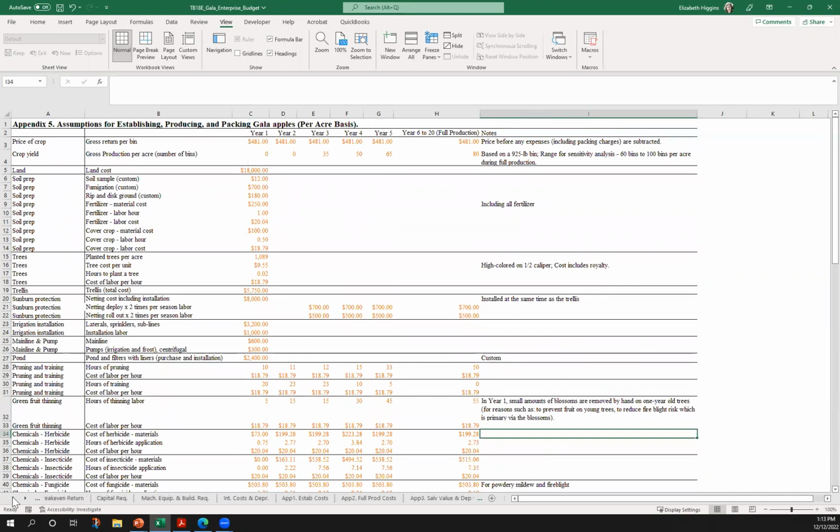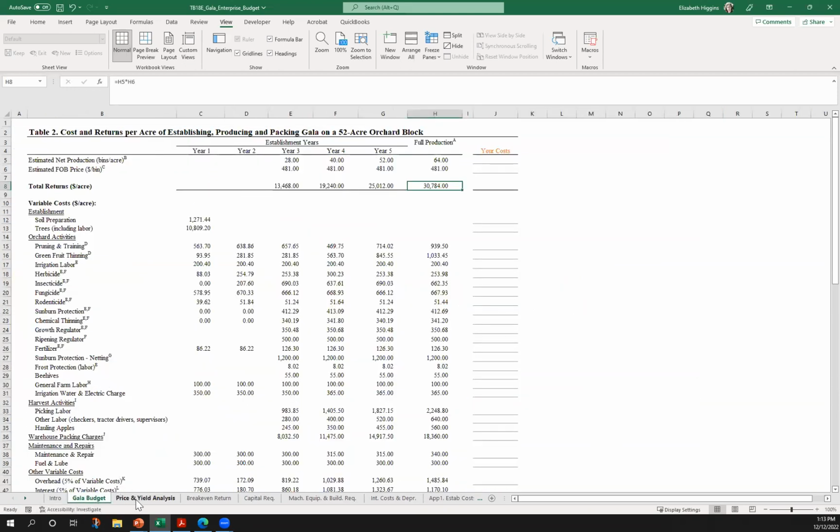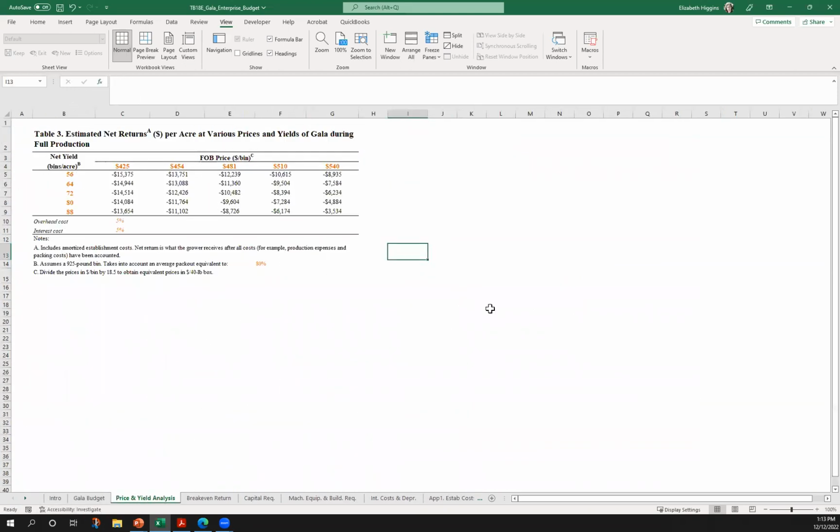The other thing that's nice about this one is that not only do they have the budget, it also automatically calculates a price and yield analysis based on the budget numbers that you put in. And then you can change these numbers and it'll change the calculation also.